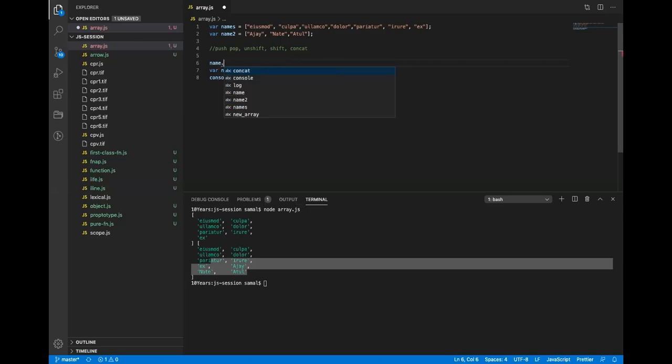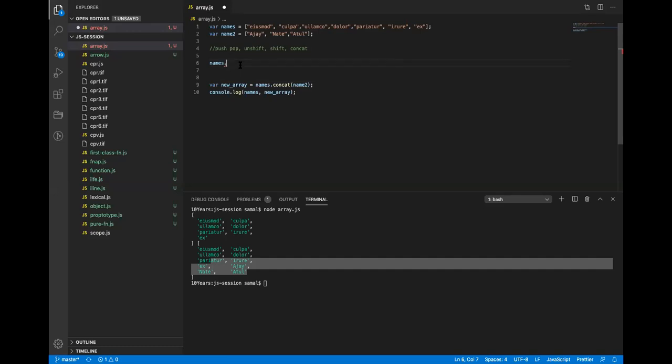So the next one, which we use very heavily, is called map. We have already seen push and pop, we have seen shift, and we have seen concat. Now let me show you the built-in method which we use very heavily.